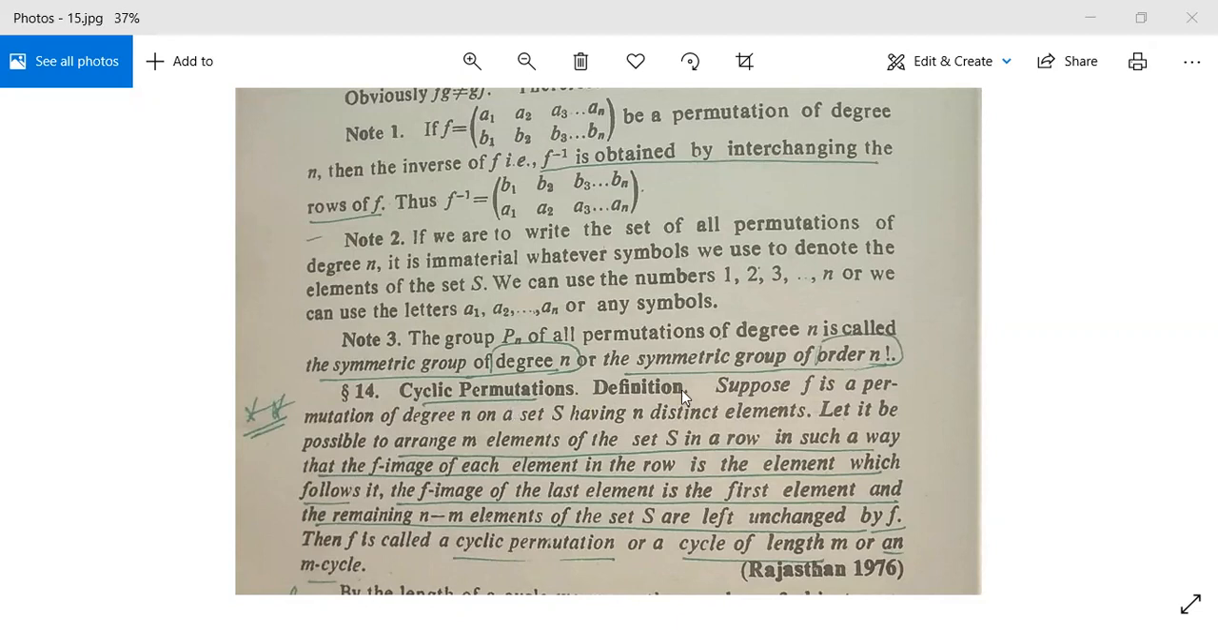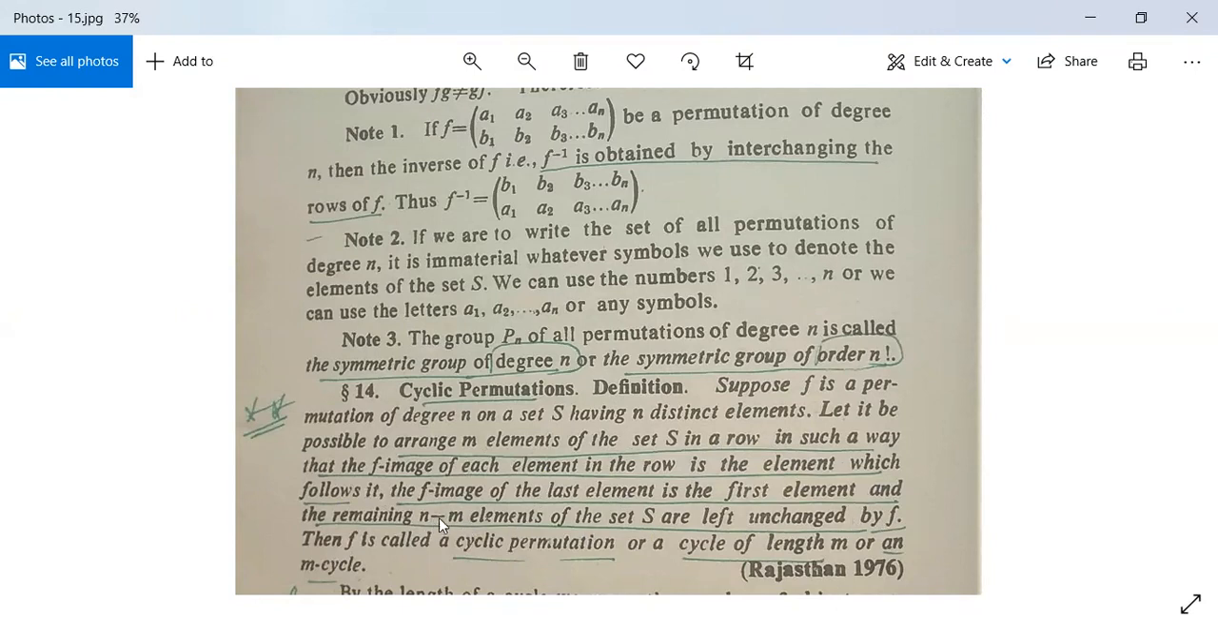साइक्लिक परम्यूटेशन क्या है। देखो डेफिनेशन: suppose f is a permutation of degree n on a set S having n distinct elements। Let it be possible to arrange m elements of the set S, m छोटा है, in a row in such a way that the f image of each element in the row is the element which follows it। The f image of the last element is the first element। ये m फर्स्ट टर्म एलिमेंट्स के लिए है।